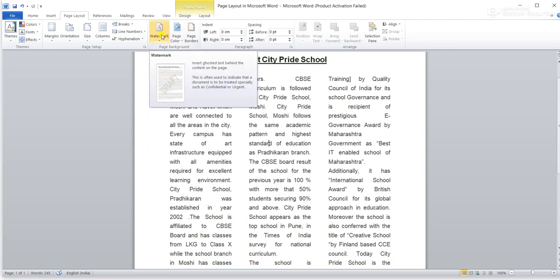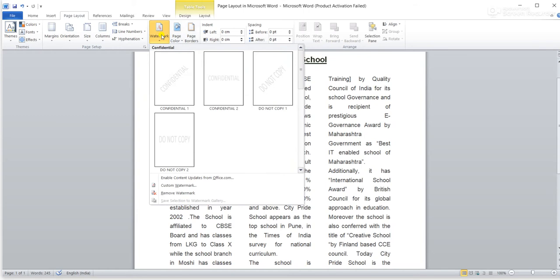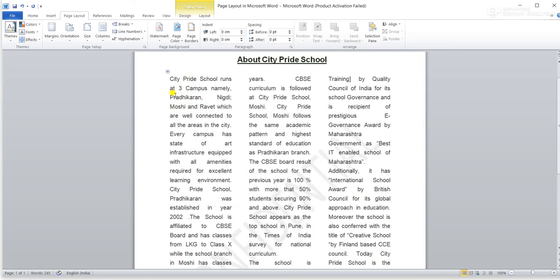When I click on Watermark, I can see four options. "Confidential" is written in a slanting way. Here it is "Confidential" in horizontal text. "Do not copy" is in diagonal text, and "Do not copy" is also in horizontal text. I will just apply one here.